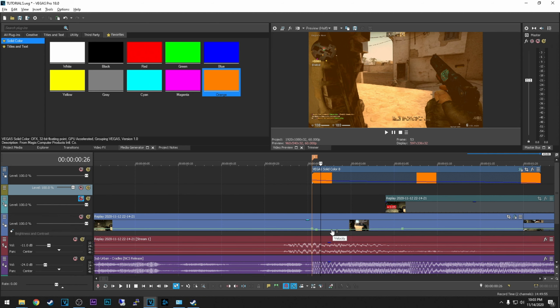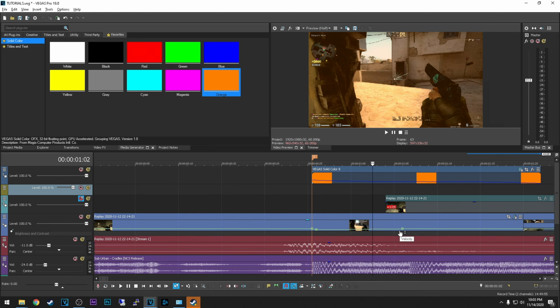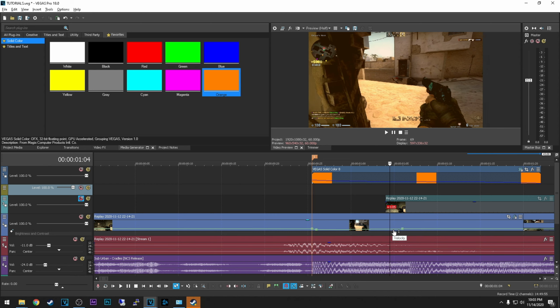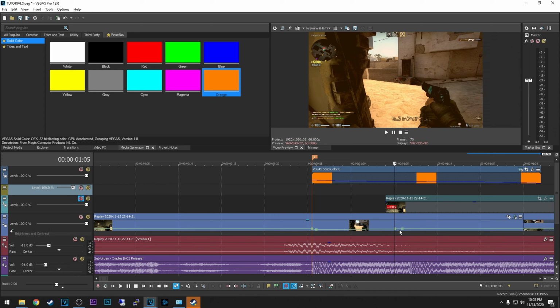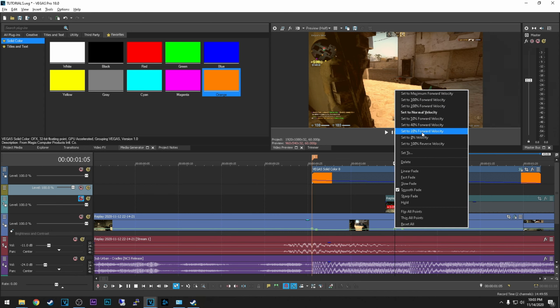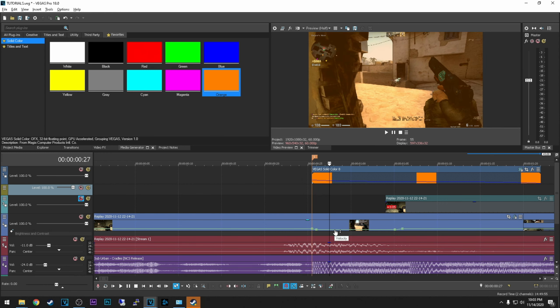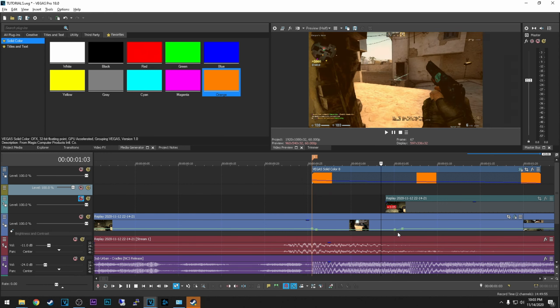So it's gonna be a little bit slow, but because I have added the new keyframe, which has the value of 100% speed, depending on how I want to manipulate the speed of the clip, I can add more keyframes here and set it to 20% as well. So it's gonna be slow for this part, 20%, and then move straight to 100, like here.